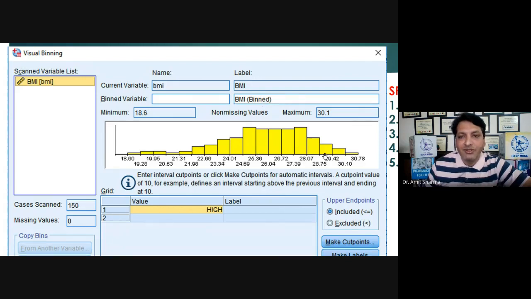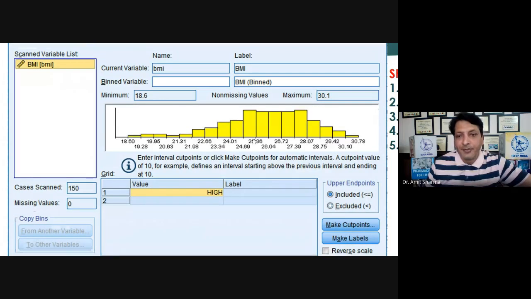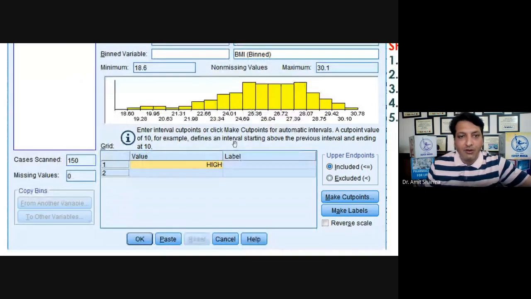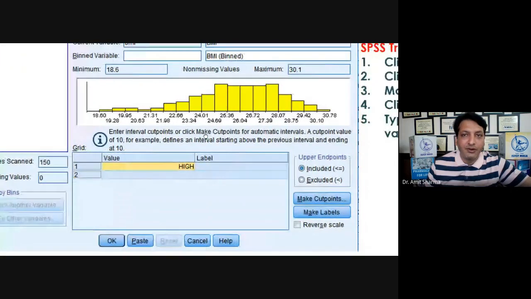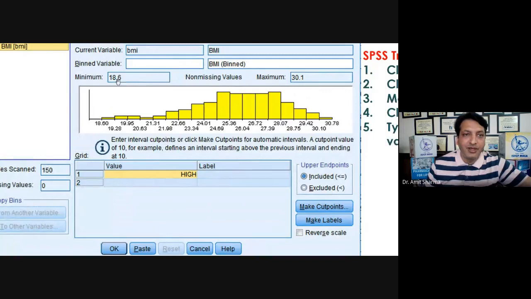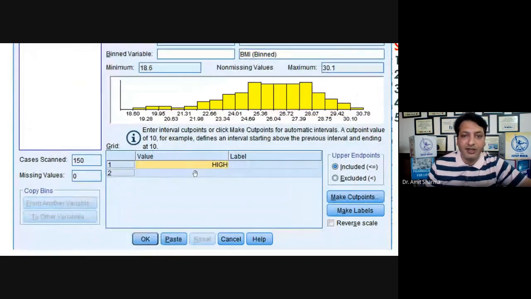You don't have to look at whatever picture they show you here. Now what to do? You have to give codes to values, for example, what the minimum value was and what the maximum value was, and by entering the codes you can get the data in the form of category. As per the WHO rule, I have taken three different categories and chosen the ranges also. Those ranges you have to fill in here.